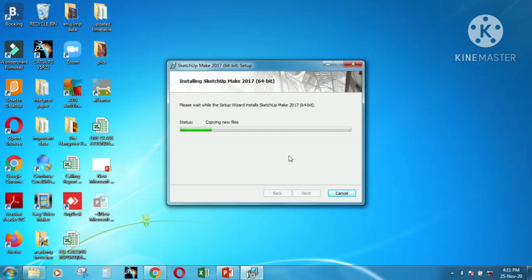The green line is moving, so as you can see, our process is not halted. It's going, but it's taking time.